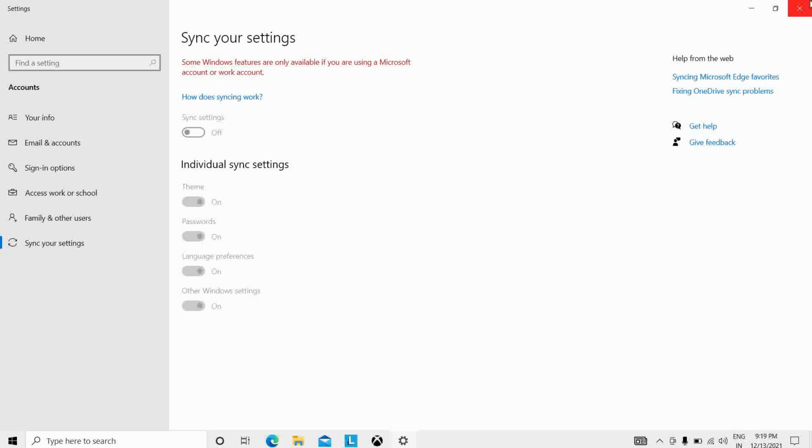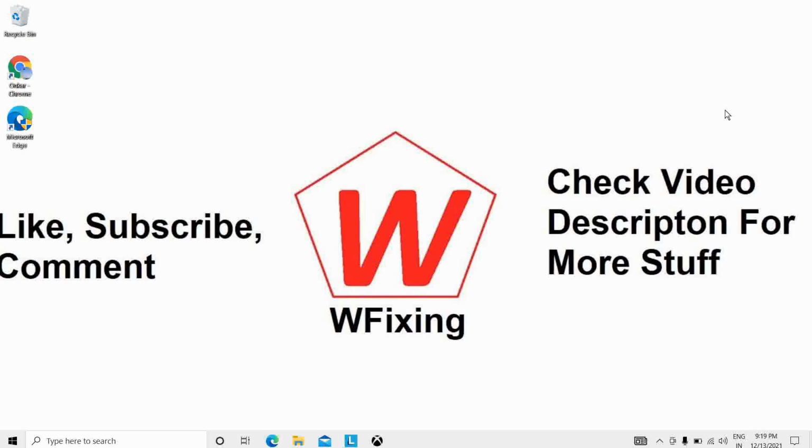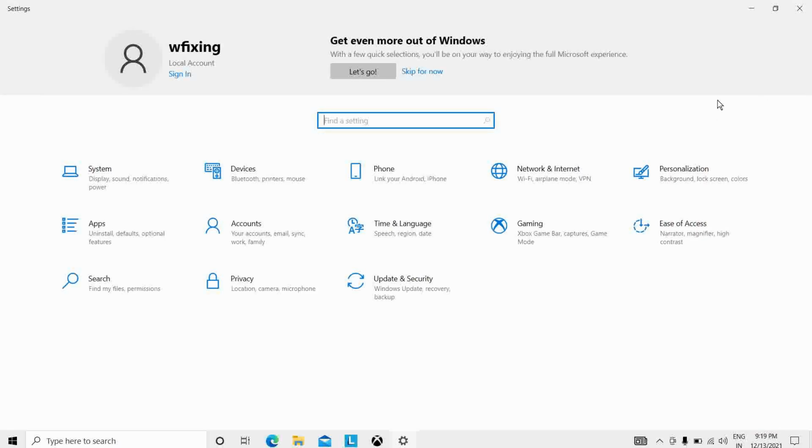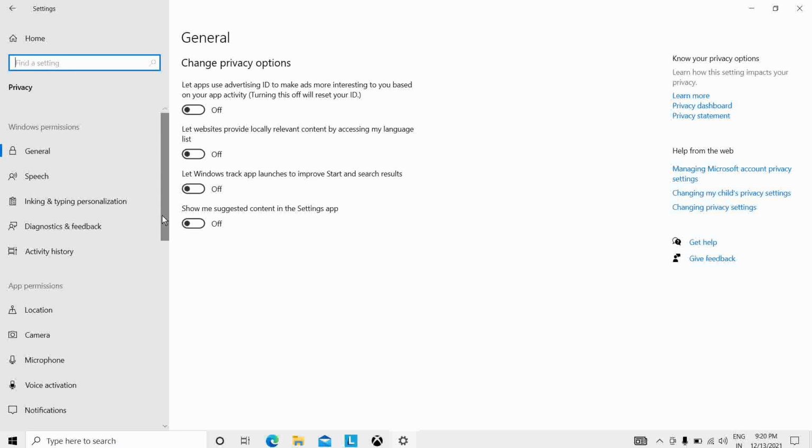Then third is in settings, go to privacy and turn off everything except camera, microphone, tasks, and other devices. I will go into settings first. You can see here the settings, then we have to go into privacy. Here you can see the privacy option. Turn off everything except camera, microphone, tasks, and other devices. In the feedback tab, select basic data, then turn off tailored experiences, and set frequency to never.